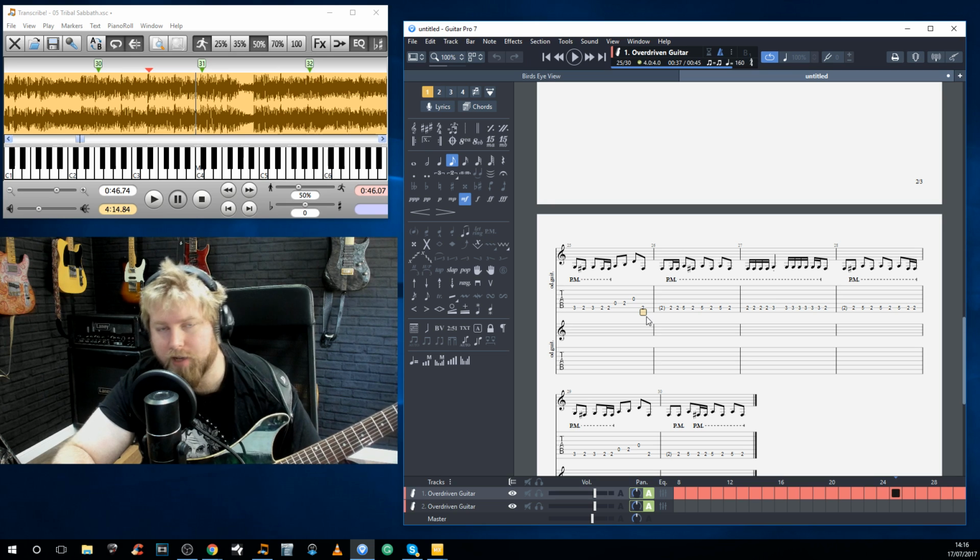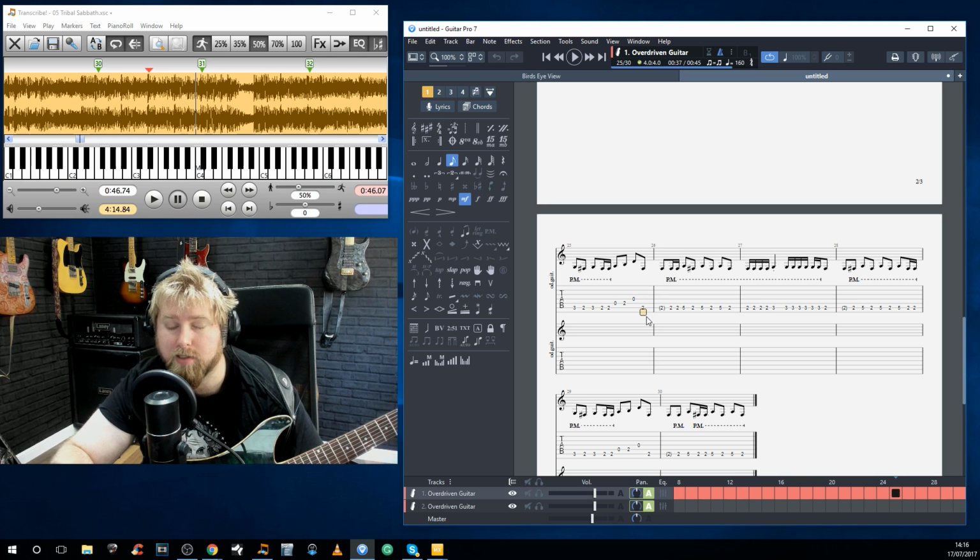Is anybody else out there having a similar problem? I know a friend of mine, Jens Larsen, was having this problem when importing other files. So importing a GP6 or GPX. And I thought, well, that's very strange. Let me see if I have the same problem as he does. So I wrote out the example that he had, and I didn't run into that problem of notes not tying across bars and things. It displayed absolutely fine. And I saw a few people have this problem, but I said to them, I've not run into this problem. It's not happened to me. Now it's happening all the time, and it is ruining my fucking day. Sort your shit out.